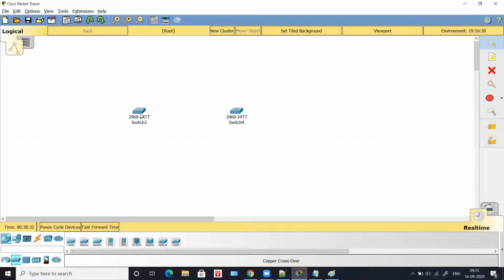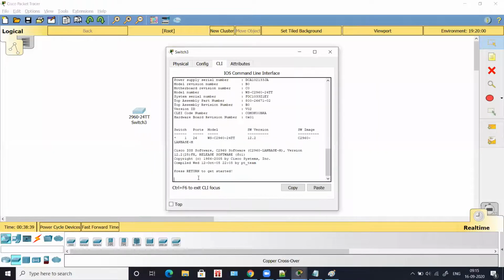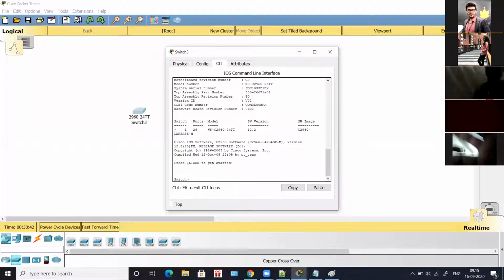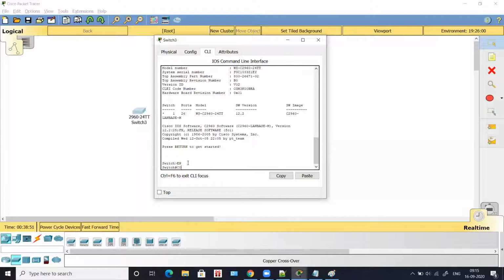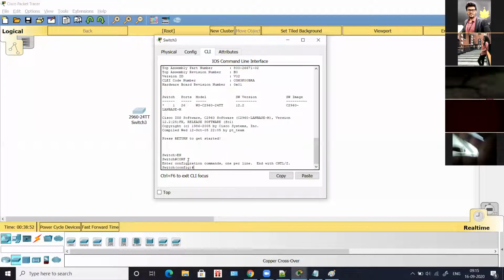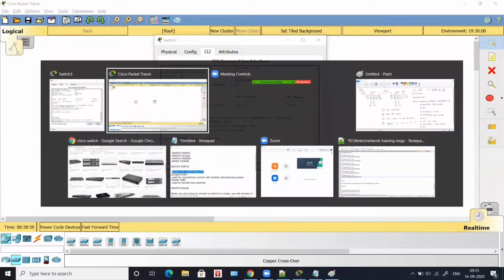So now first we will configure these two switches. I'll open this switch and go to the command line. In the command line, it is asking me to press enter. Okay, now the switch is in login mode. So we will log in with en, and then it is in privilege mode. We'll go to configure terminal. Now we are in configuration mode. In configuration mode, I'm going to choose which interface: fast Ethernet 0/2.